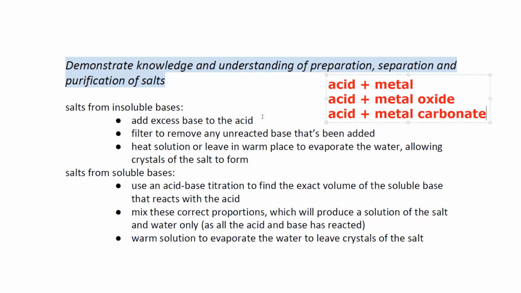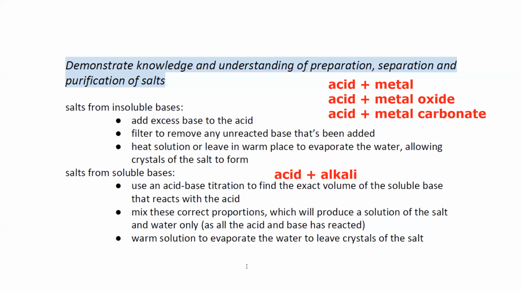If you want to obtain a salt from the soluble base, so this is acid plus base, or alkali is the right term because soluble bases. So we use acid-base titration. We find the exact volume of base reacted with acid by using an indicator, and then we mix the solution in the same volume when the indicator shows a color change, and then we can use evaporation or crystallization to obtain the salt from this